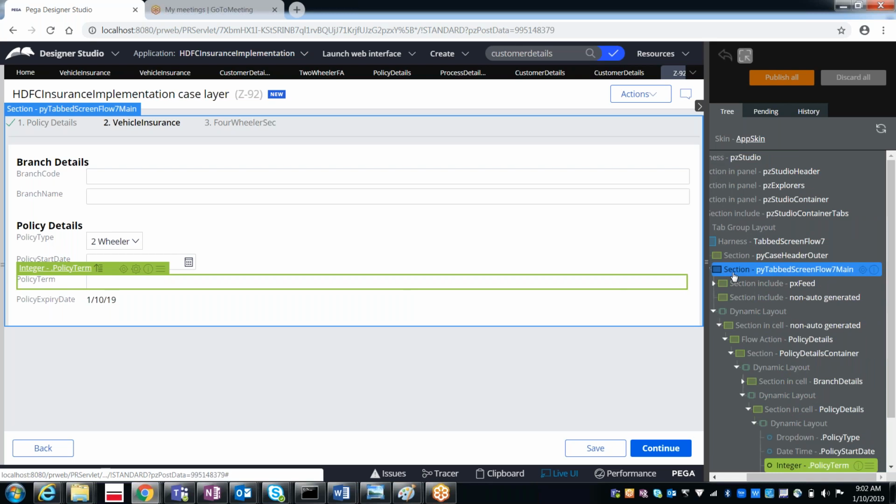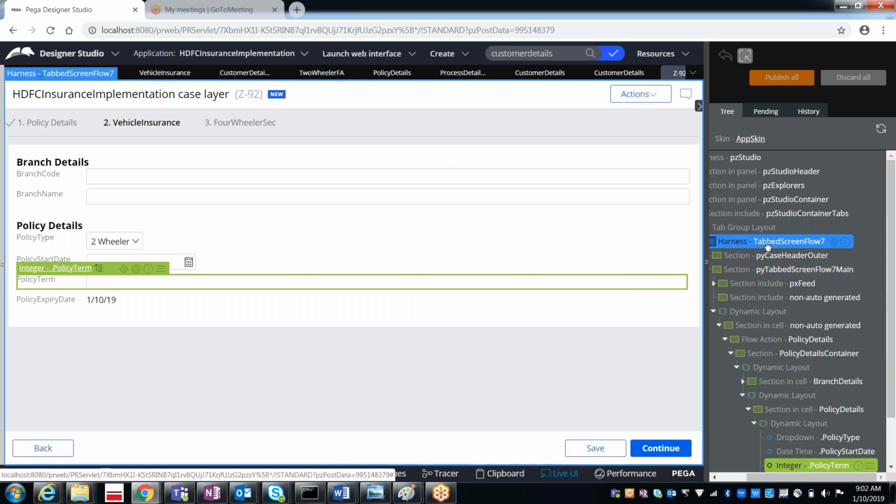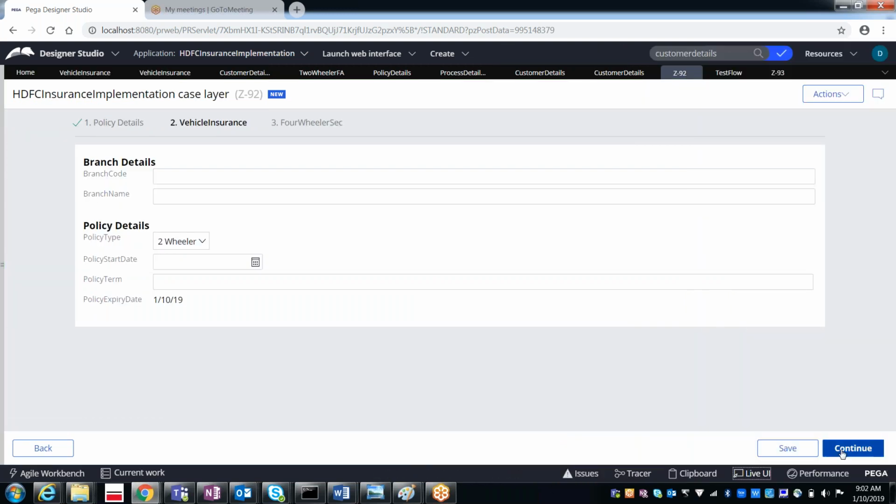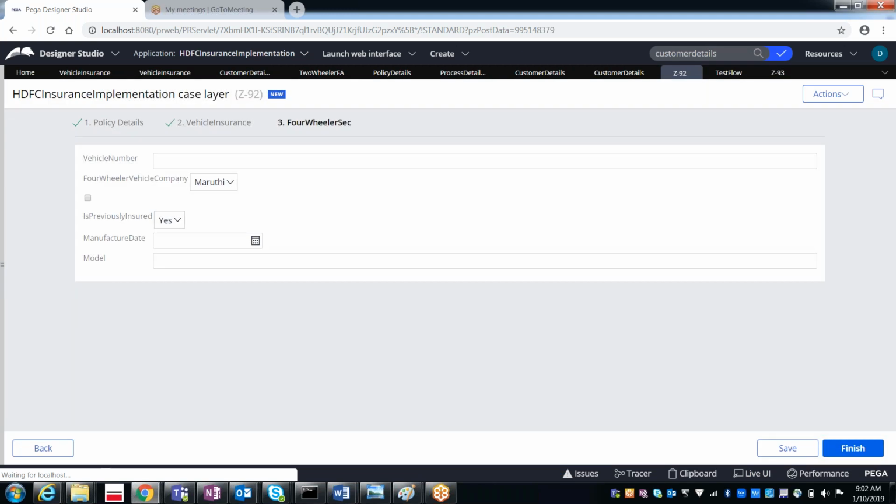What is that harness name? Tabbed screen flow. This tabbed screen flow will be available till which flow action? Exactly, after completion of these tabs, until you complete this four-wheeler section.